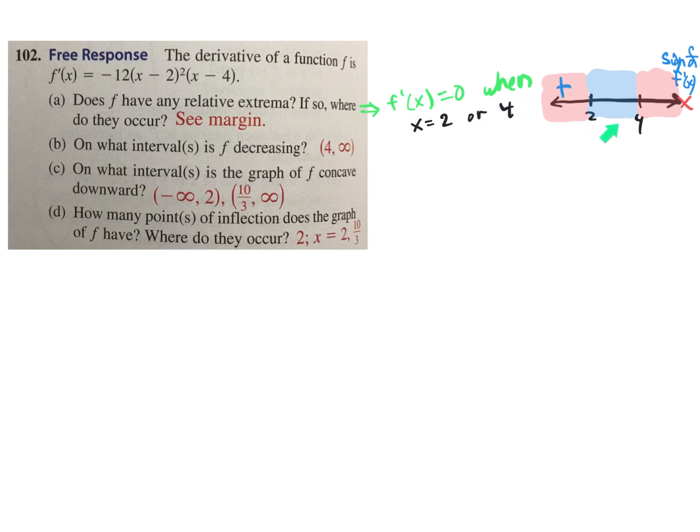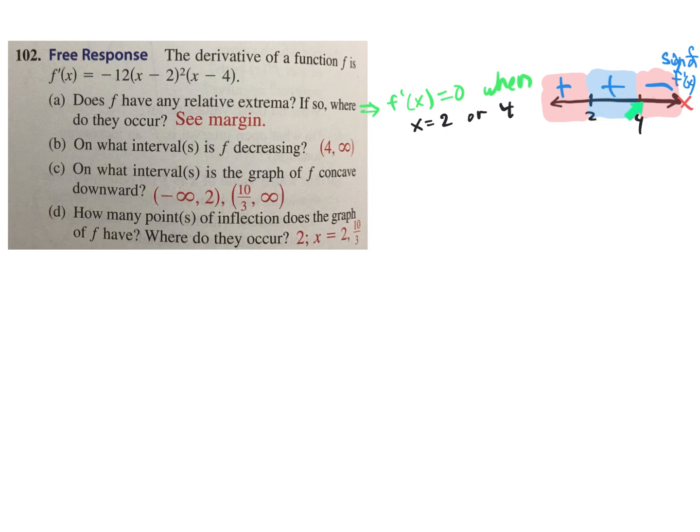If x is, for example, 3, then we'll have a negative times a positive times a negative, which is still positive. And then if x is, for example, 5, then we'll have a negative times a positive times a positive, which is negative. All right, then by the first derivative test, if the slope was positive and then negative, we